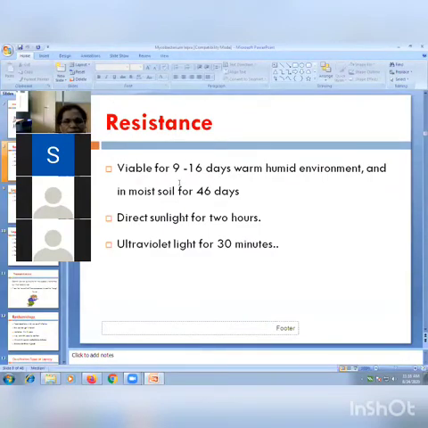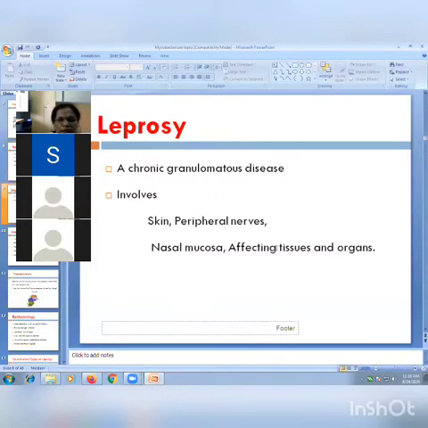These organisms remain viable up to 9 to 16 days in humid environment, and in moist soil they remain live for 46 days. So they are more resistant, means they are not sensitive bacilli, so they remain live for longer time. In direct sunlight, they get killed in 2 hours. In ultraviolet rays, they get killed in 13 minutes. This is about the resistance. Then we will study about the disease